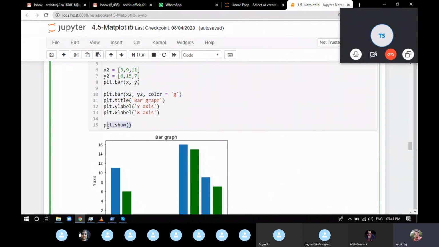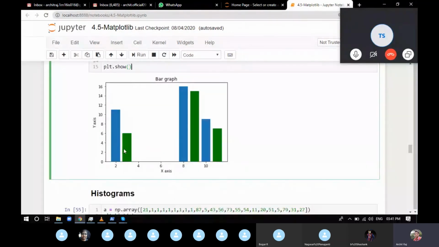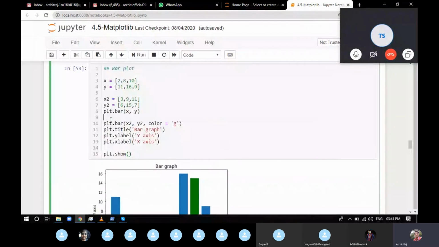It means that if you write the same thing more times, like plt.bar, plt.bar, plt.bar, and you're providing different values, it's just going to keep each and every data in the same graph only. So if you want to separate it, show the graph before populating another graph. Let me show the graph before only.